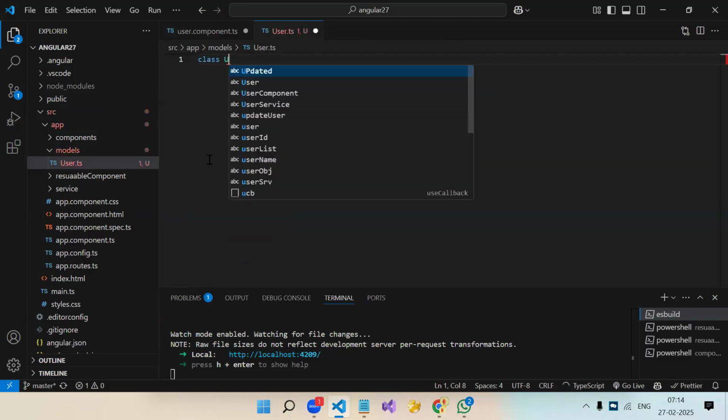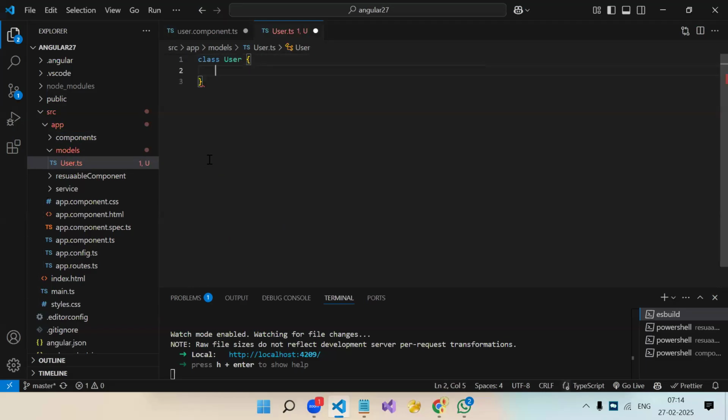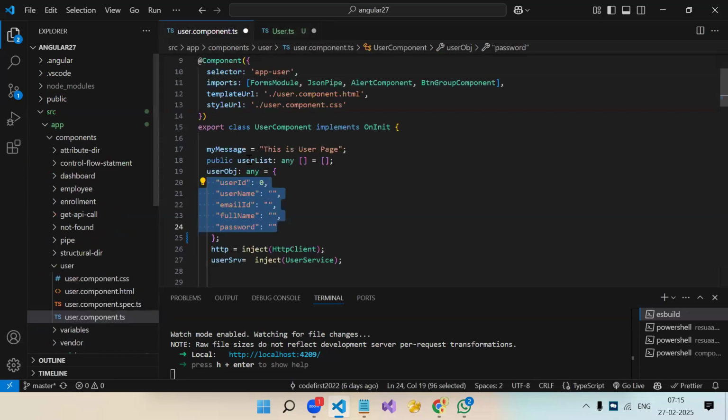Our class name: User. Whenever we are creating a class, our class name should start with a capital. This is just a standard we follow, not mandatory, but when we work in a project, we have to follow some standards. So this is one of them. Class name should start with a capital character. Then, as I said, whatever properties we have over here, we have to create a class where we have these as properties.